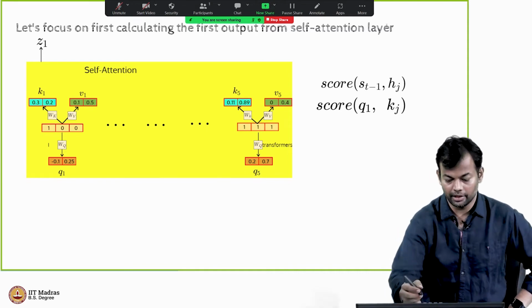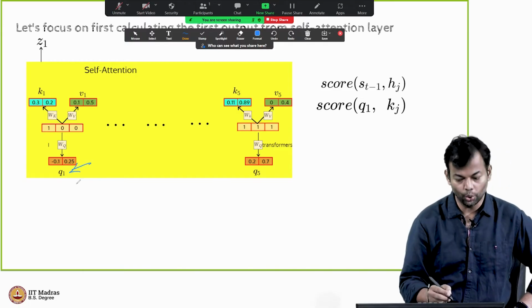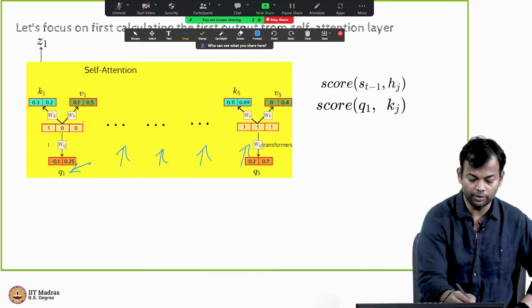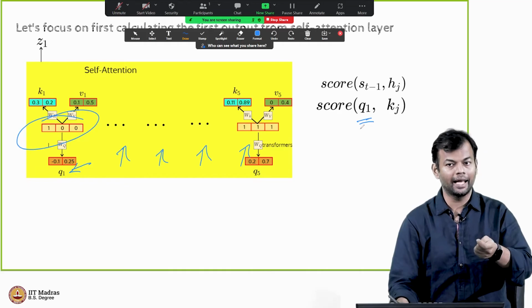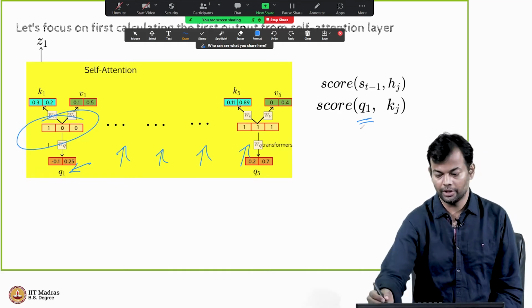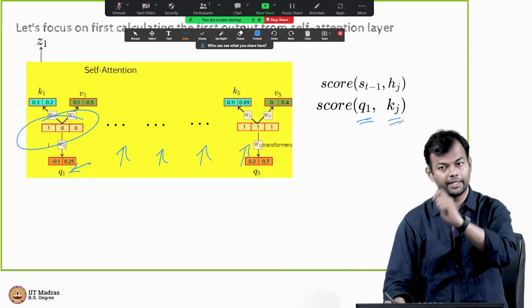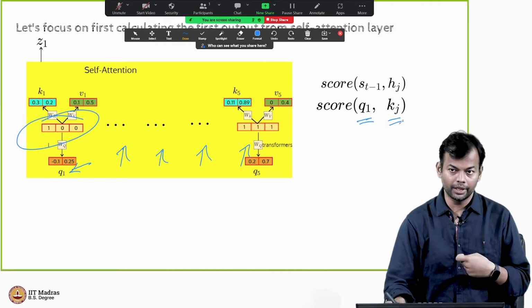So now this is my query vector. I'm interested in knowing the weights of all the other words with respect to the first word. That's why that's my query. The query is the first word, and I want to understand the importance of all the words with respect to that word. So I'll pass different values of k, k1, k2, k3, k4, k5 through it and compute the score, right? So I'm going to compute 5 such